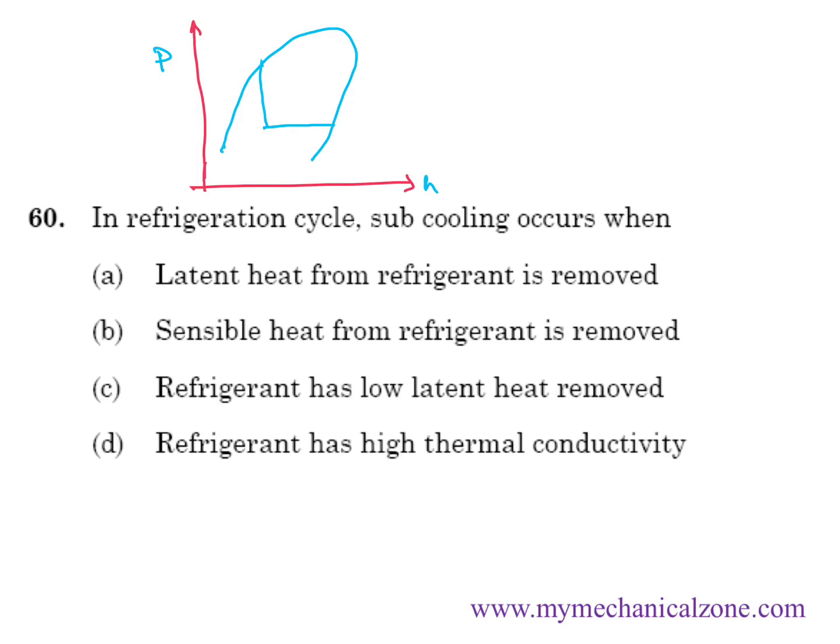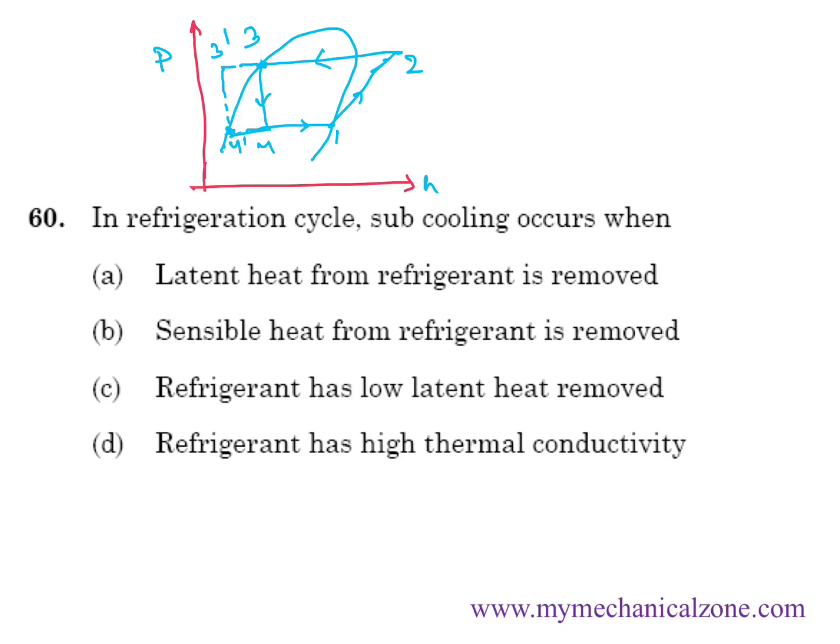Initially 1 to 2, 3 to 4, like this subcooling we are doing here. 3 to 3 dash, it's subcooling. So due to subcooling your COP increases because 4 dash to 1 enthalpy is greater than 4 to 1 enthalpy. So here this is latent heat